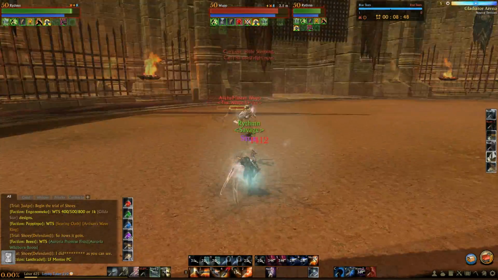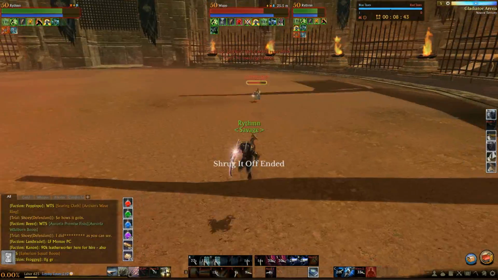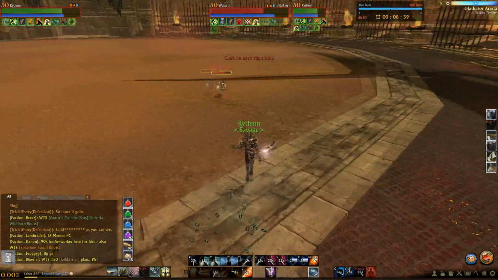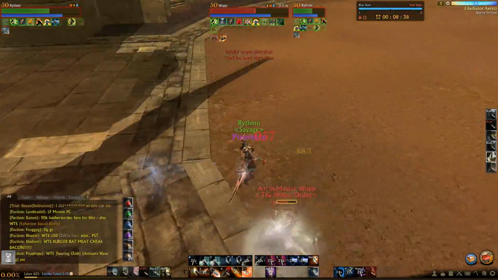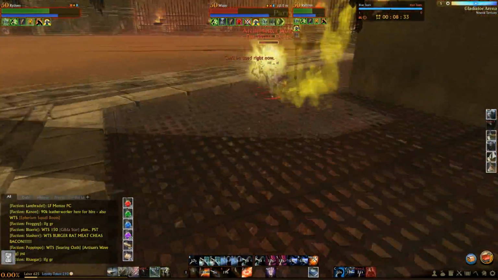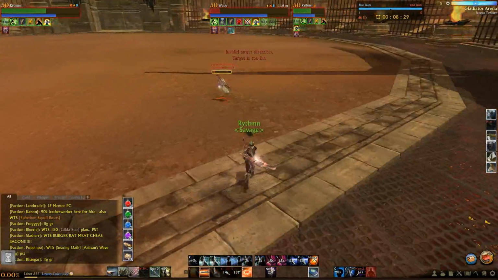But anyways, back to Darkrunner versus Darkrunner. The reason I like these fights is they're so quick. They're quick fights. Right here he disarmed me, so I'm just running away. Oh, and don't forget about Bond Breaker. You can kind of minimize a lot of damage if you pop Bond Breaker at the right time. And I'm talking about a lot of damage mitigated. Target is facing the wrong